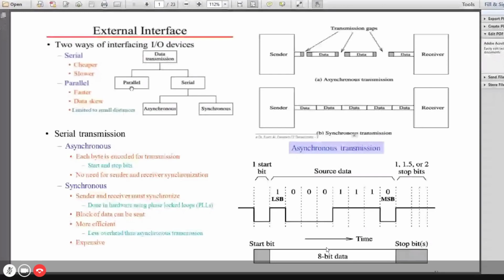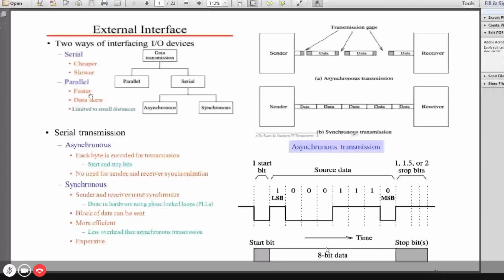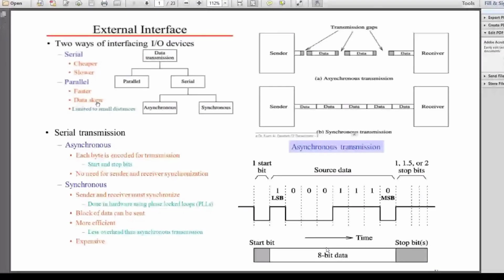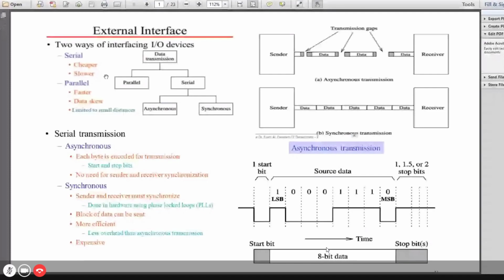If you look at it, parallel data transfer may be faster. So fast microprocessor operations may happen with parallel communication, but they have a data skew. What is data skew? When all the 8 bits start from a particular device like the 8086, by the time they reach the memory device chip, all the data will not be the same.